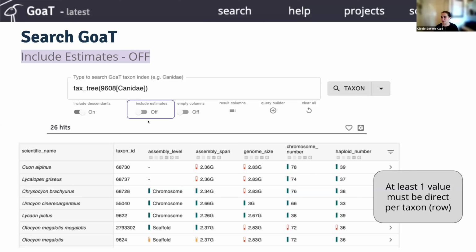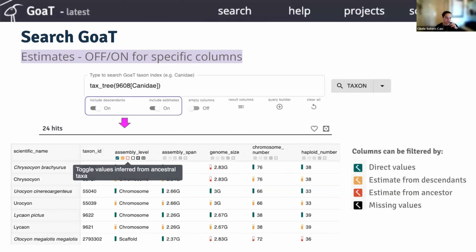So it makes the decision per row based on what you searched. There is a better way to do this, both with the query terms, but also using these toggles, I guess, per column. What I usually recommend is that if you just want to see what's out there and you're still exploring, you put your taxon, you leave both on, you'll see everything that is possible on your taxon.